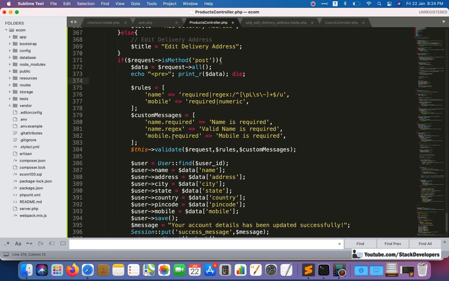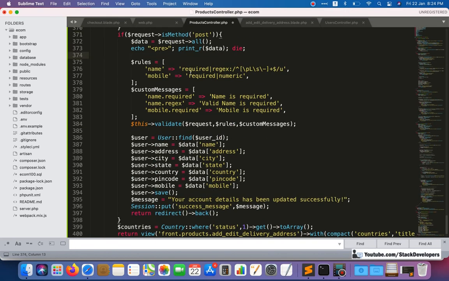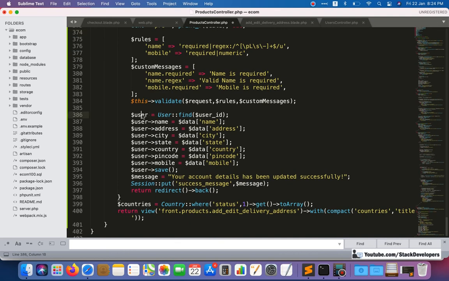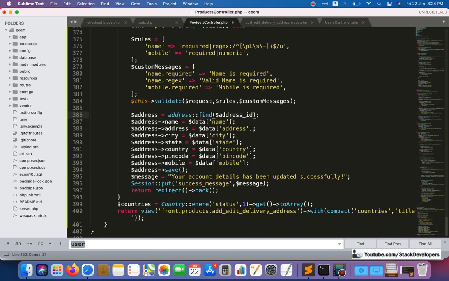Name, mobile validation also we are getting. We will add the other validation as well after finishing work on add, edit and delete. We will work on the validation as well, but right now we can replace this user with address. Okay, address sounds good.